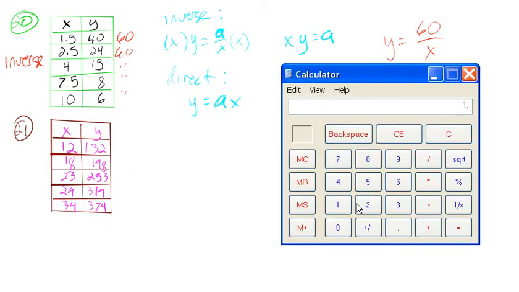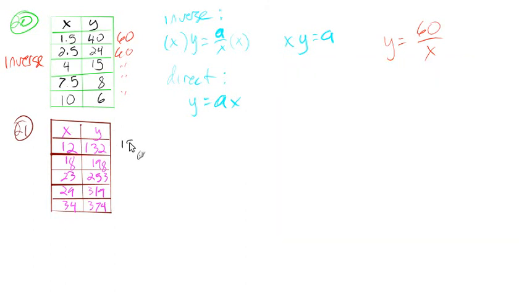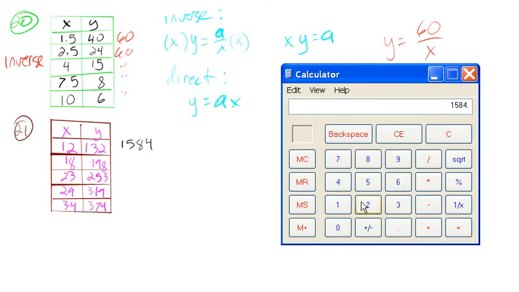12 times 132. Okay, 1584. Let's try it with the next one. 18 times 198. 3564. So already we know it couldn't possibly be inverse variation, because for these two, the equation would be y